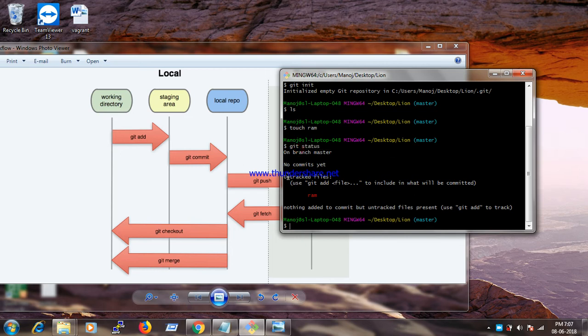So it is saying that no commits done yet, and there are untracked files. You have to git add to include them in what is to be committed. If you do git add in the bash, what Git will do is add the file from the working directory to the staging area. Let's do git add